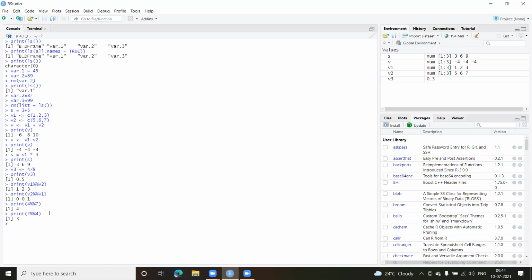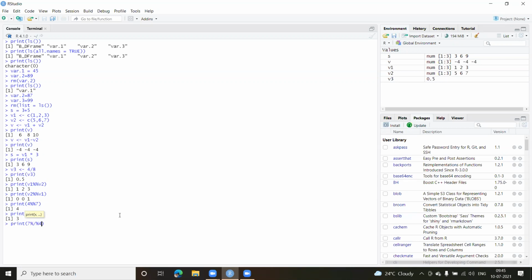Now there's one more operator, which is division. In this case, I got the remainder. What if I want the quotient? If I want the quotient, that is the integer part in case of division, then let us put print again, and I'll use a 7 again. So 7, and the operator comes as the percent sign, followed by the forward slash, again the percent sign, and the number with which I want to divide.